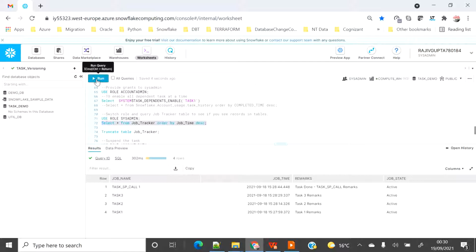It will take another round, so hopefully within a minute it will show up with all the details. In the task 1 remarks, it will show root task 1 remark in the next run. Hopefully it will get executed in a few moments.